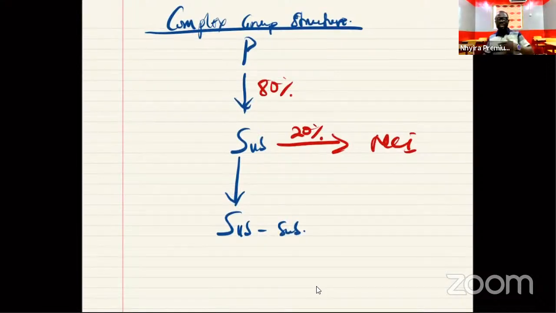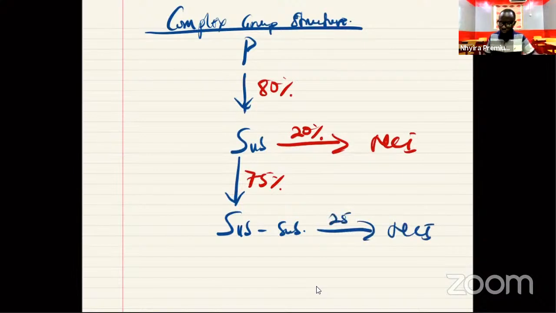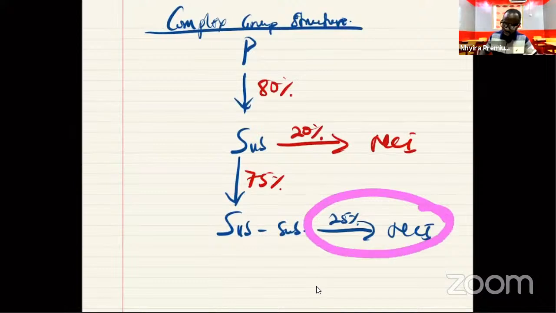Then let's say that the subsidiary has also acquired control of another company and they have 75% ownership in them. Now, you have to be careful here because you don't just get up and say, the non-controlling interest in the sub-subsidiary is 25%. No, you don't do that. If you do that, that is wrong. So how do we get the non-controlling interest in the sub-subsidiary?